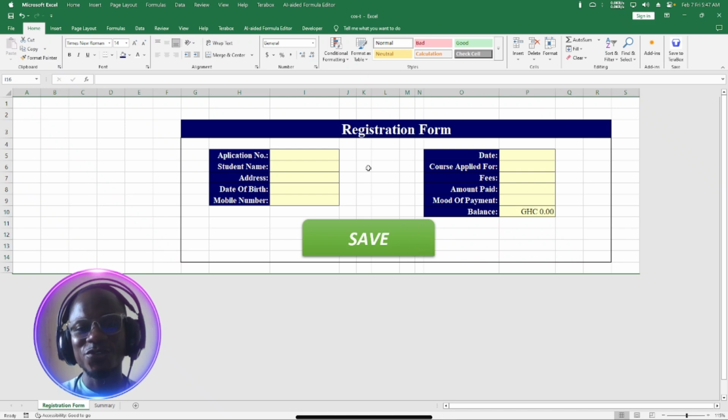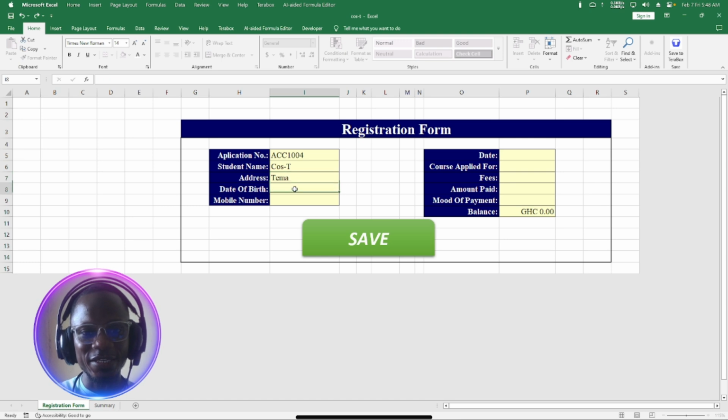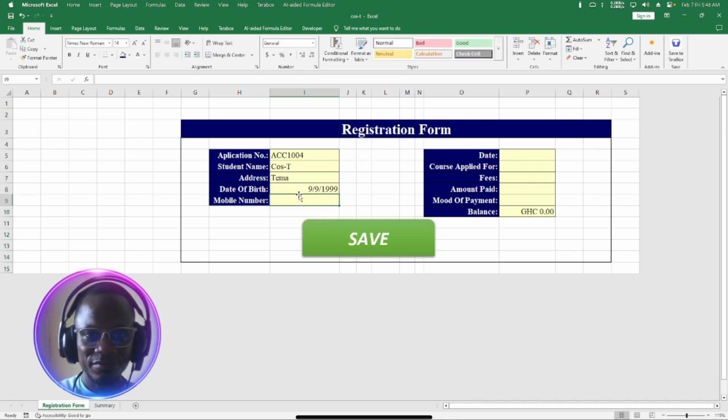As you can see on your screen, today we are going to focus on how to create a registration form. Let me show you a typical example. So when I enter here and say ACC 1004, and I go ahead and type the name of the student, let's say Cost T, okay, and then the address, let's say, is Tema, and then the date of birth, let's say 9/9/1999, and then the phone number is